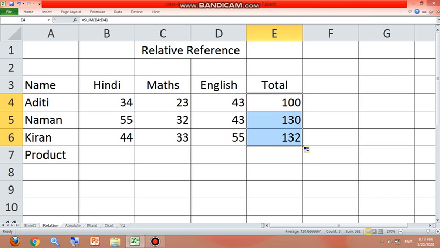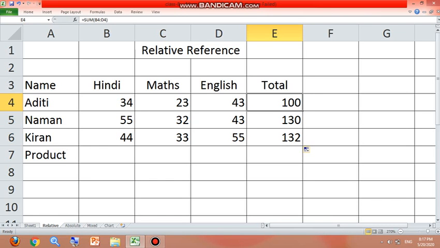In this way you can copy the formula. And children, you can see that I have found the total of these numbers here, and in the next row also the function has given me the total of these numbers.